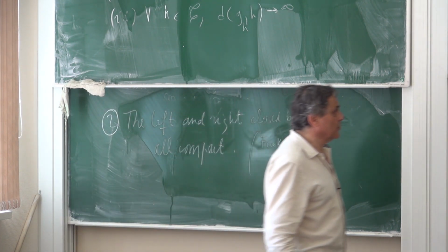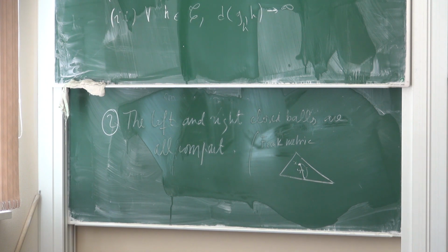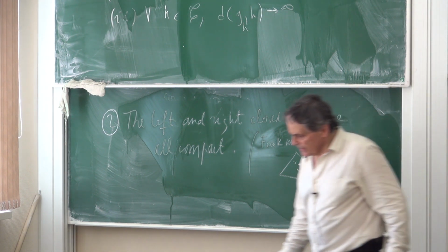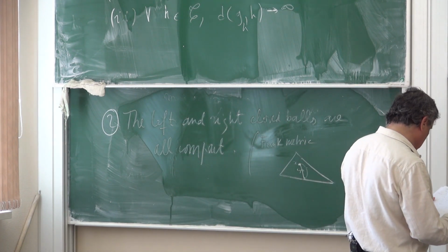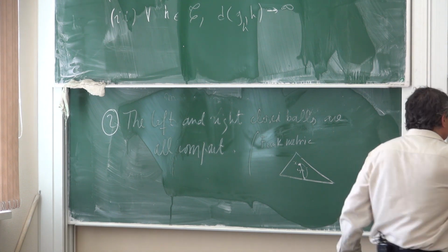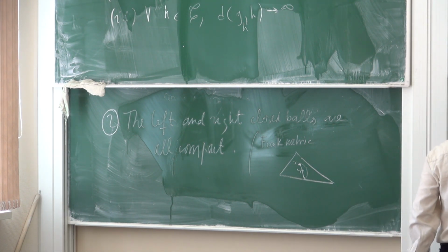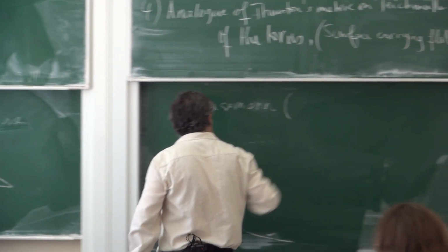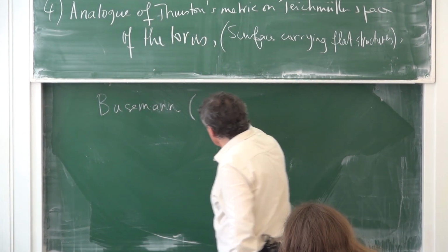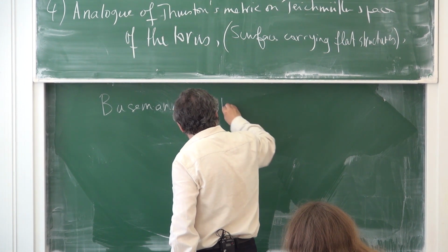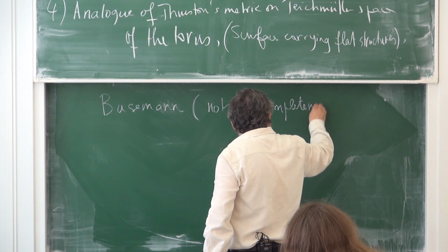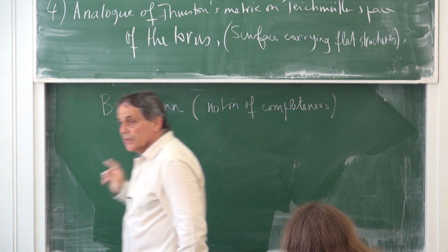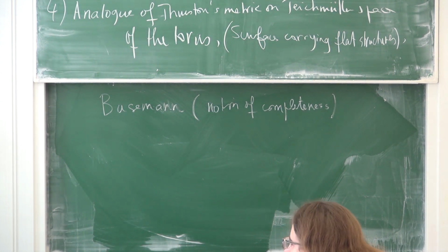It carries the Weil-Petersen metric, which is not complete. This one is complete. In fact, as I told you, it is Busemann who introduced all these notions for non-symmetric metrics. So he introduces the notion of completeness, and to introduce his notion of completeness for non-symmetric metrics, he